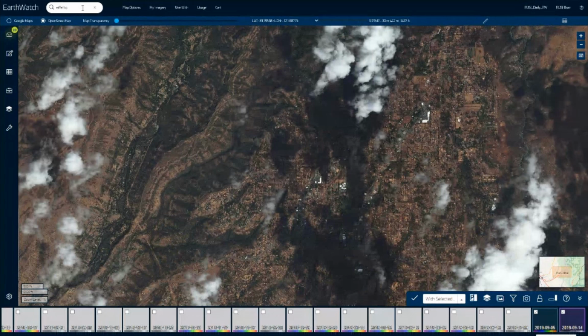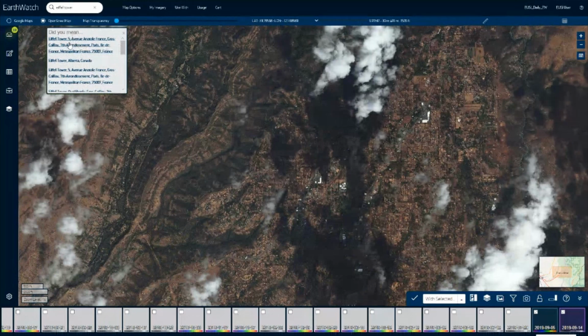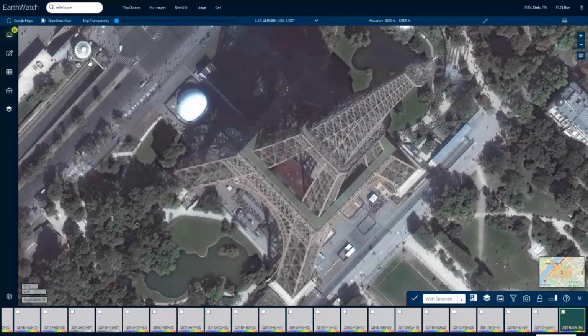So let's do it again. With the Eiffel Tower, we have some choices here. If we select, then we zoom in directly with the proper extent, which is very convenient because you can move from one place to another without dezooming, panning, and rezooming. So you avoid all that quota consumption. So now, if I want, I can just go back to the Oktoberfest. And that's pretty fast.